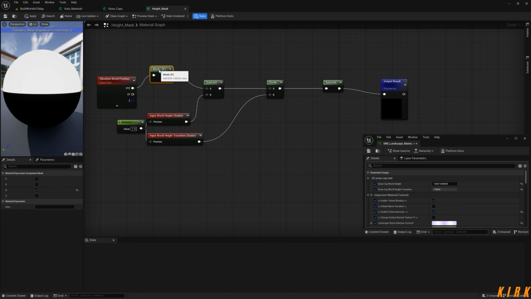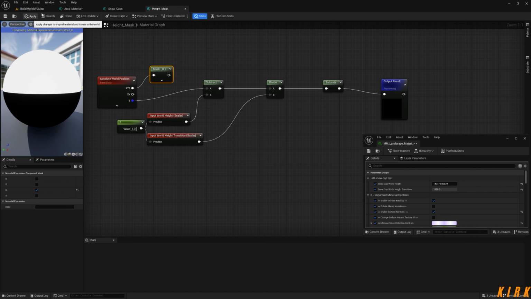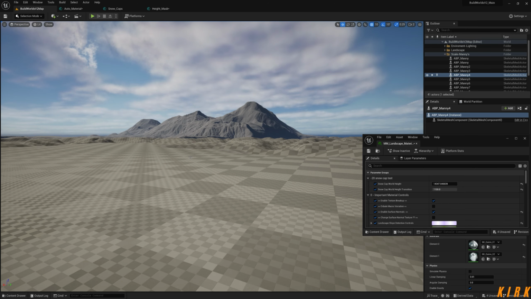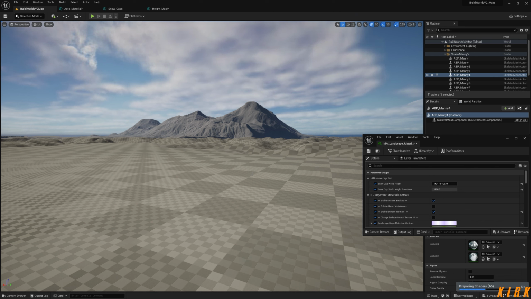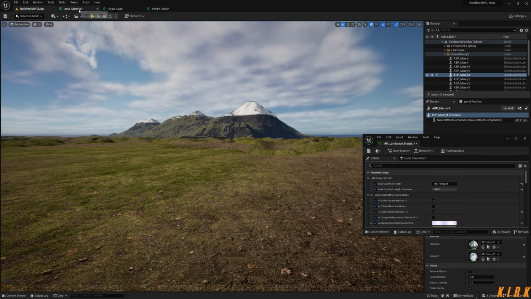One thing I will try, like I said at the beginning, I'm just going to plug that Z into there, like so. I'm going to hit apply. Let's just see what happens here. Hopefully it works. Yeah, it still works. So essentially,